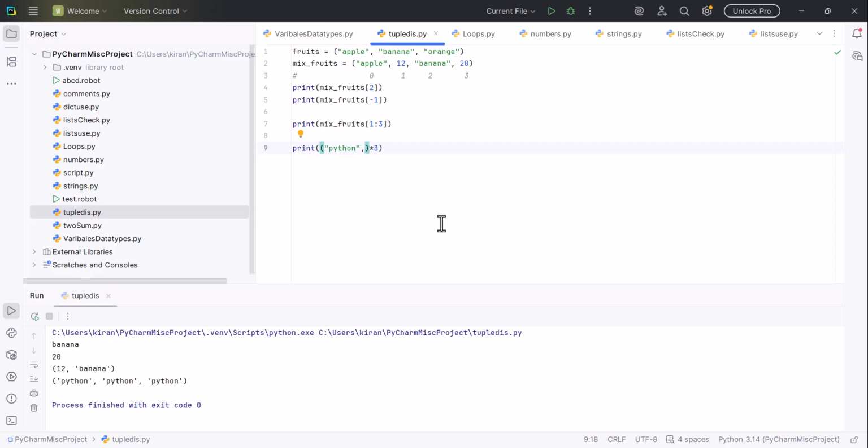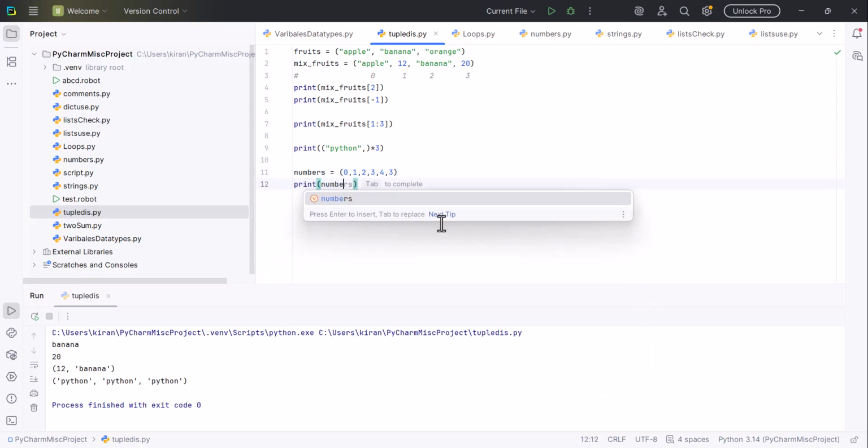So now you want to count the numbers. Okay. So how many numbers do we have in an outside tuple. Okay. So I will say numbers equal to 2, 3, 4. Okay, so this is what I wrote. So if I want to print just a count, so count of these numbers, count. Okay, so I do count